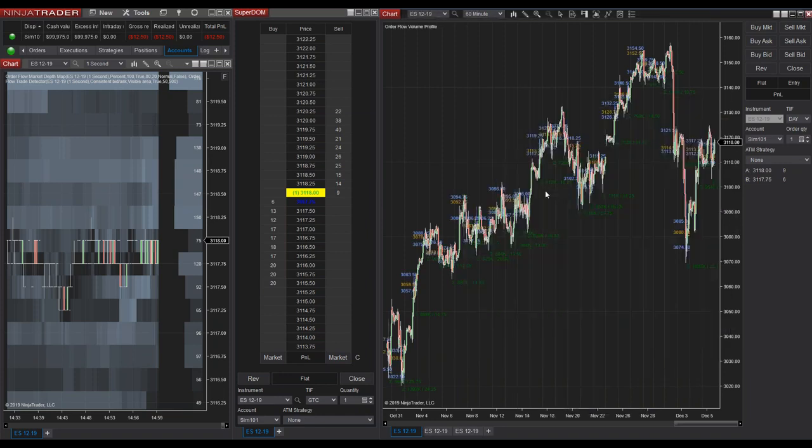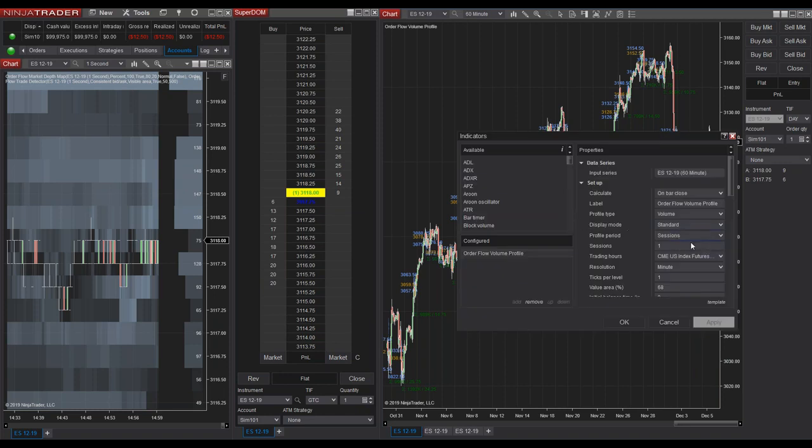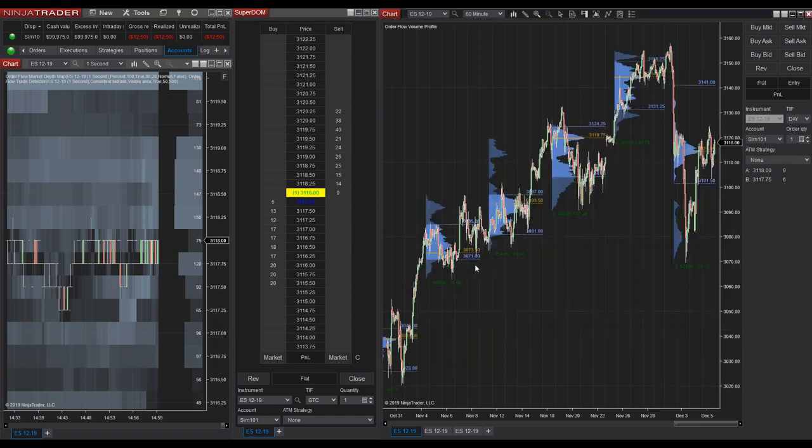And if I go to my indicators here, I'm actually going to make it, instead of doing it every single session, which is going to be a lot of little profiles here on 60-minute bars, we're going to do it every week. Click OK. So now we're looking at a weekly RTH